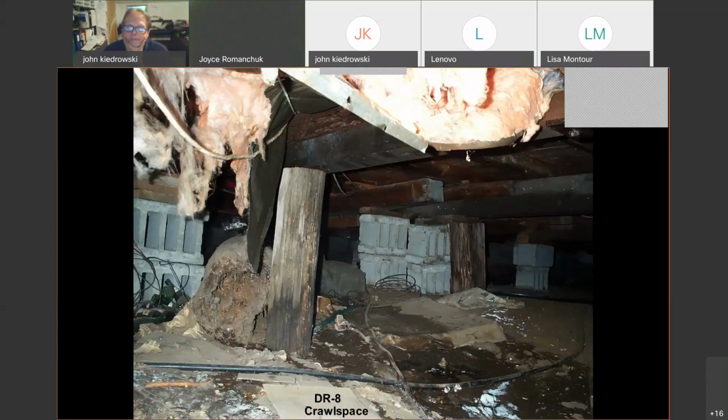Crawl space. Nice use of some tree trunks and so on. Some concrete blocks, not in the proper orientation for structure. They've basically jacked up the floors here because there's been settlement. But when we take a look at things such as this crawl space, there should be, I don't mind the fact that it's kind of a sandy finish in here, but there should be a polyethylene vapor barrier covering the entire floor. It doesn't have to be taped, but it should certainly overlap to help seal the moisture migrating up